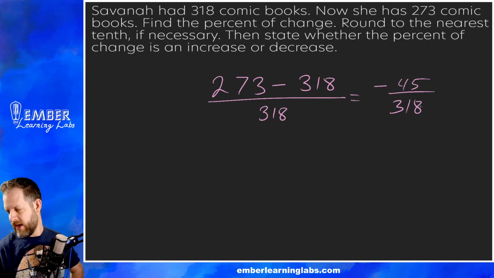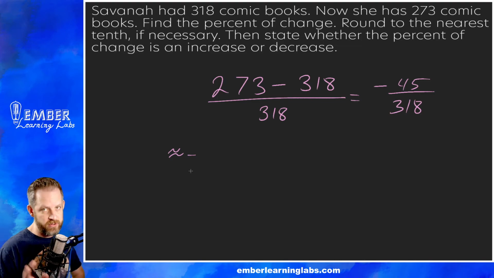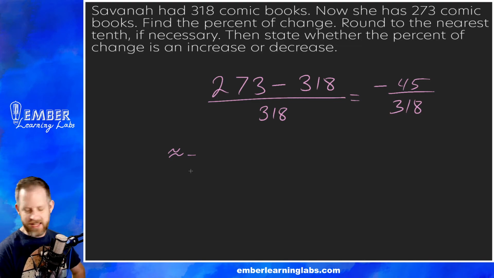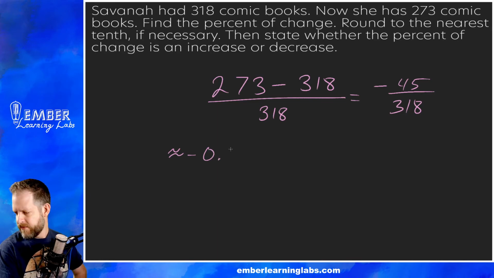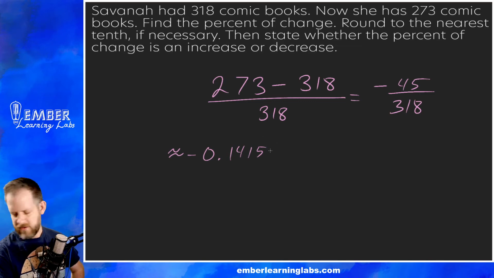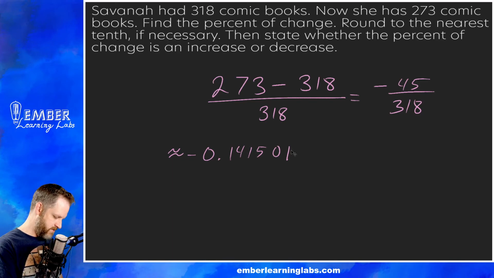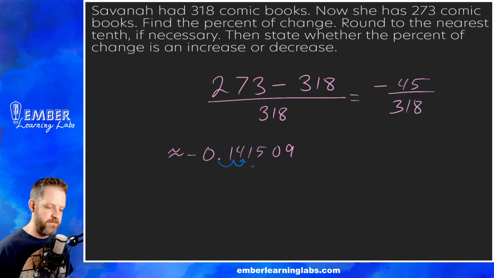When we divide that, we end up with approximately negative, that little squiggly equals means approximately equal to, in case you didn't know that yet, approximately negative 0.141509. Okay, that's not a 9. Doesn't matter because we're not going to need it anyway. Now that's the decimal, so we're going to move that decimal over twice, once and twice. Okay, so it is approximately equal to